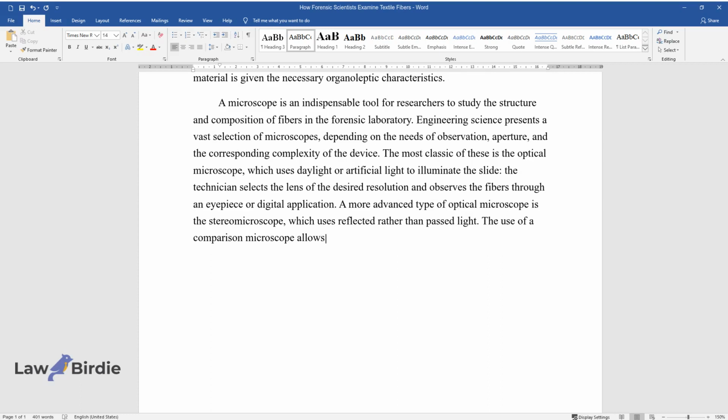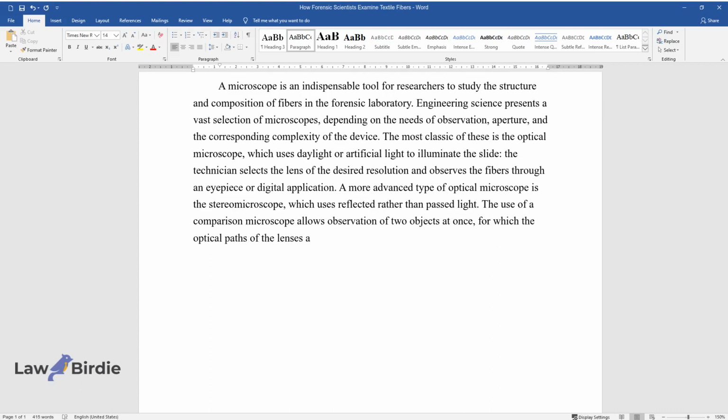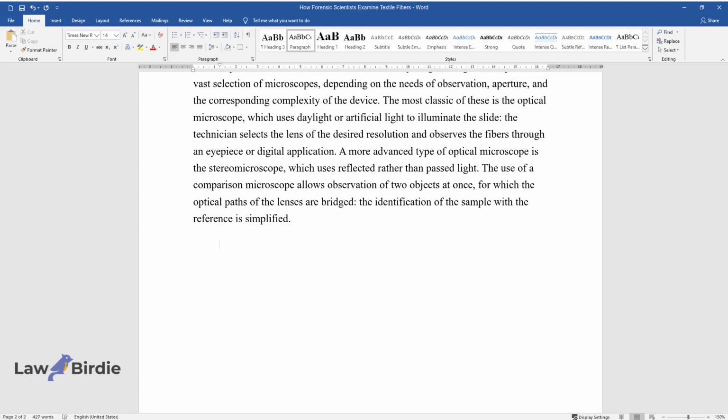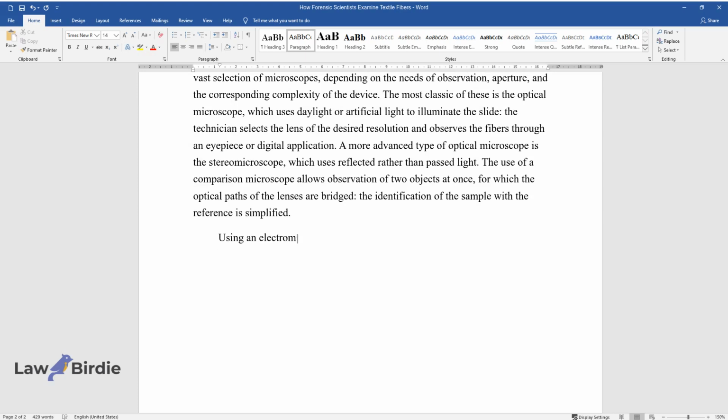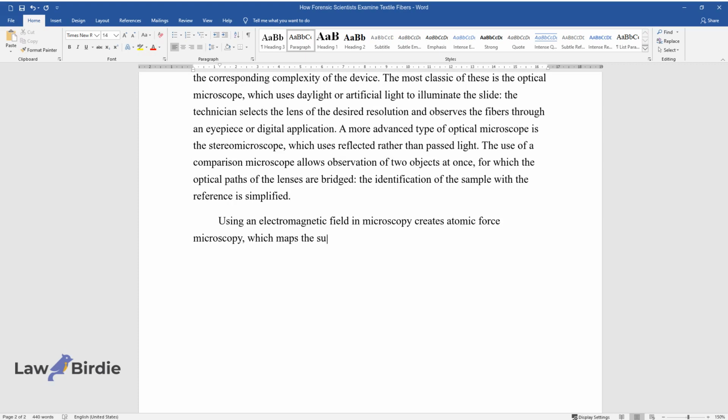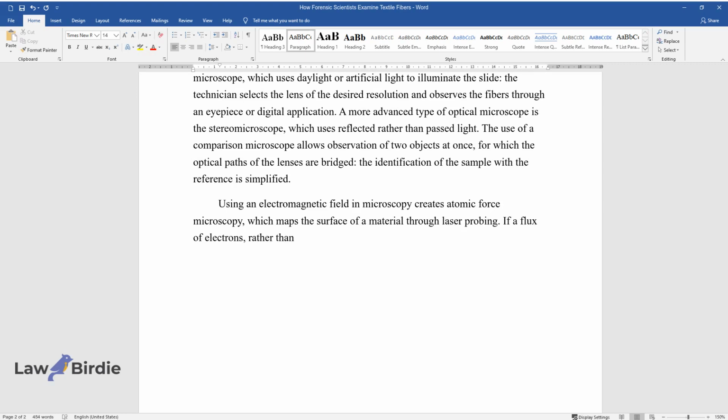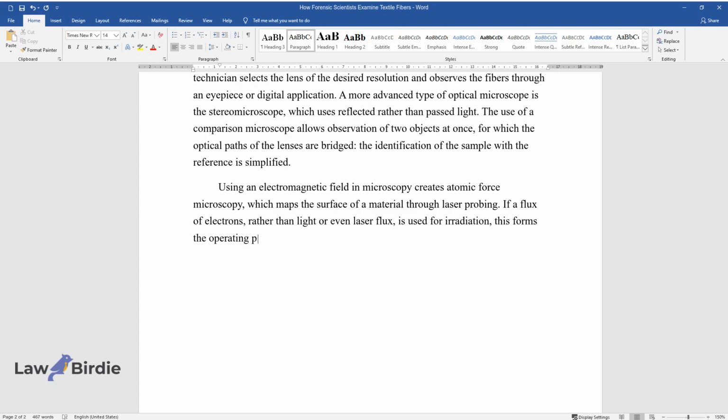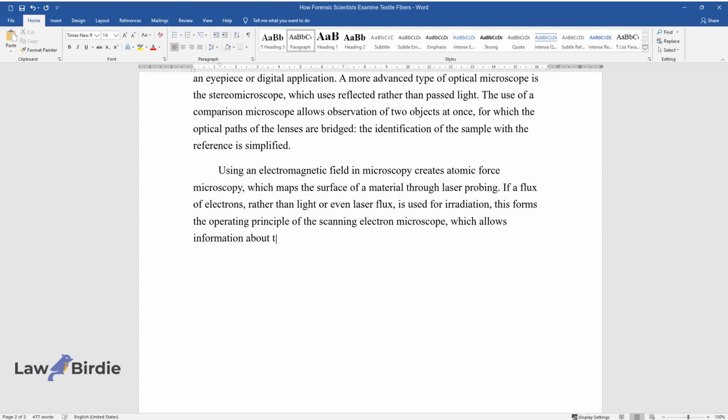The use of a comparison microscope allows observation of two objects at once, for which the optical paths of the lenses are bridged. The identification of the sample with the reference is simplified. Using an electromagnetic field in microscopy creates atomic force microscopy, which maps the surface of a material through laser probing. If a flux of electrons, rather than light or even laser flux, is used for irradiation, this forms the operating principle of the scanning electron microscope, which allows information about the type of fiber surface to be obtained with high